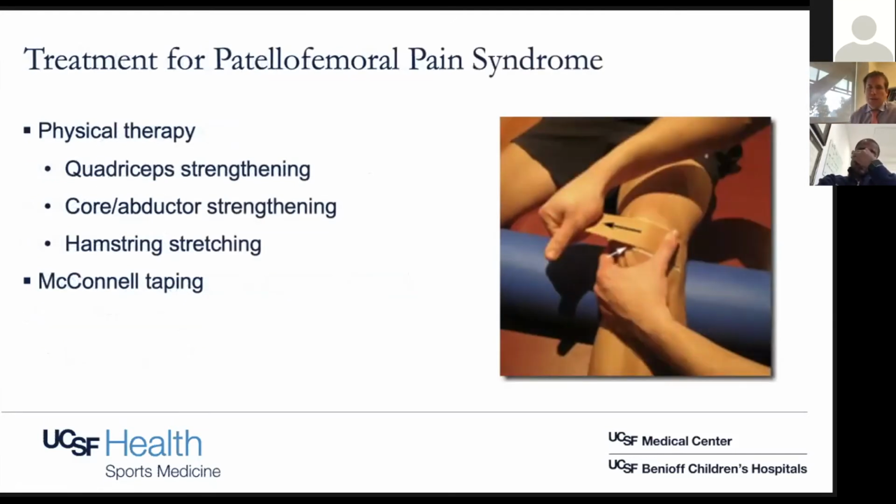Treatment for patellofemoral pain syndrome is basically always physical therapy with a focus on quad strengthening and then core and abductor strengthening. I think more people are deficient in the core and hip strengthening than they are in quad strengthening. Usually it's a mismatch between the two, but more focused on hip abduction, and also on hamstring stretching. Sometimes McConnell taping can help symptomatically, but most of the time we can get these patients better with these non-surgical